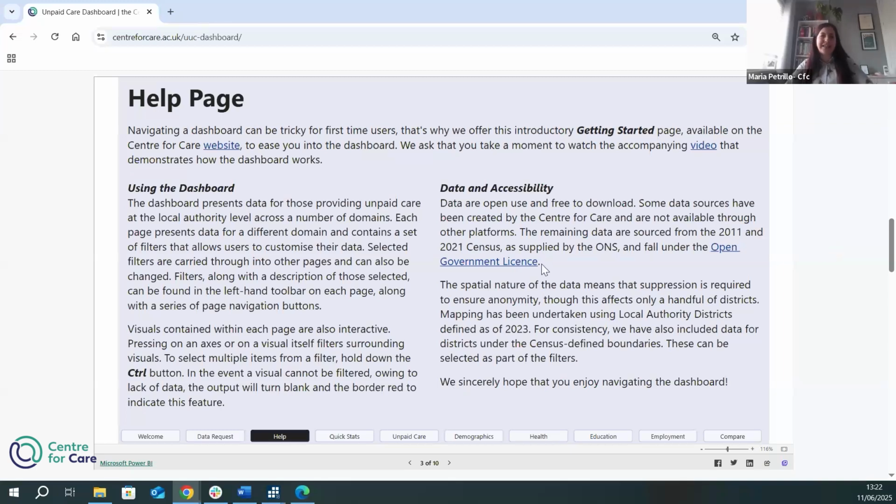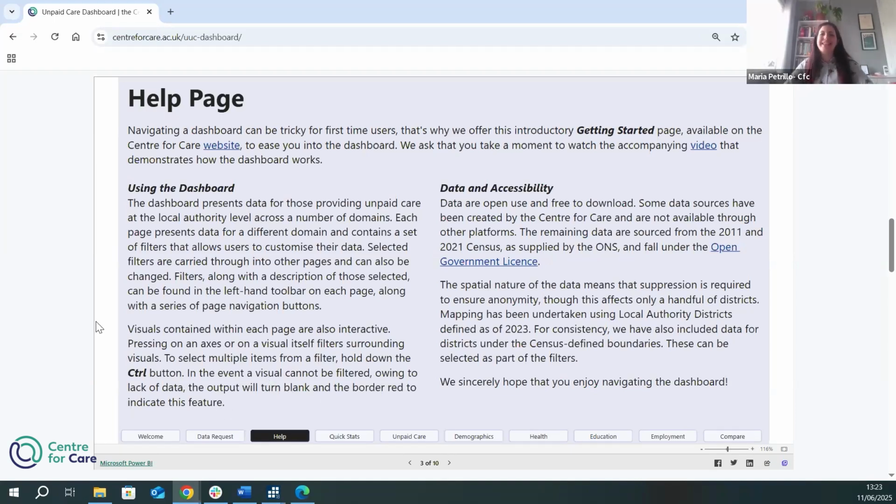Now, our help page provides a little bit of information on the functionality of the dashboard, how to get it started, and we link you directly to the video that we provide, the comics that we have created. So all information are here, the license of the data that we fall under, everything really. And it will provide you some instruction. For example, if you want to select multiple local authority in the filter that I'm going to show you in a while, please hold down the control button that you have on your keyboard. Just this little feature that you need to know in order to use fully the dashboard.